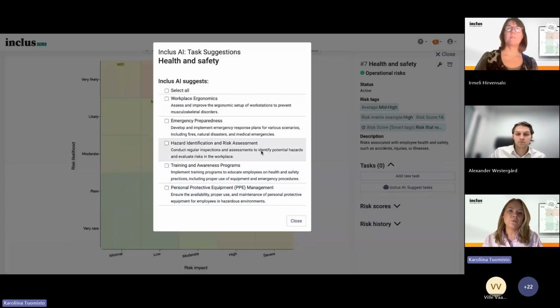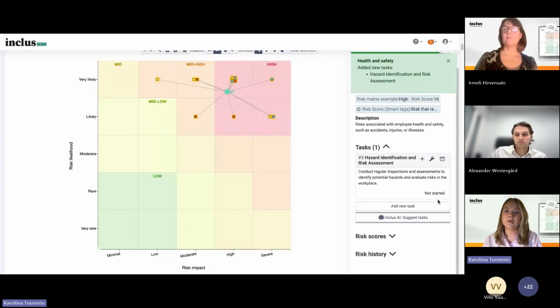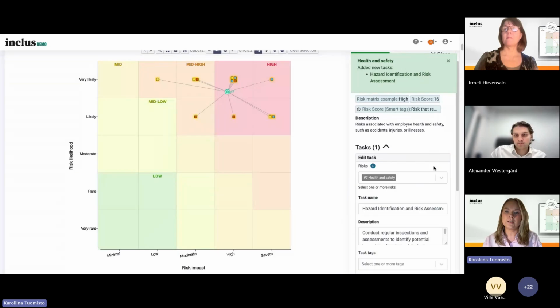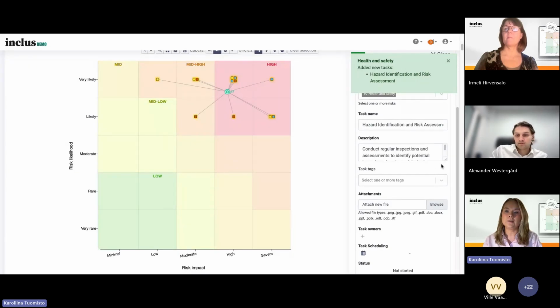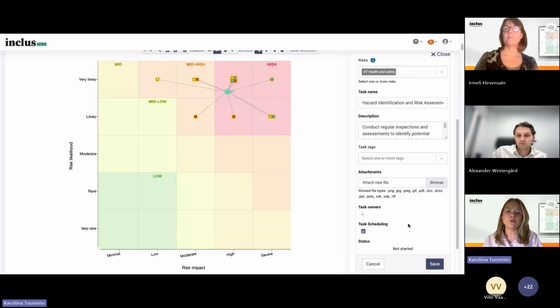And again, if you see something that would work in this case, some tasks that you could use, then just add it here, and it will come right under this risk. And of course, you can still edit the name and description and set the owner and schedules for the task like normal.